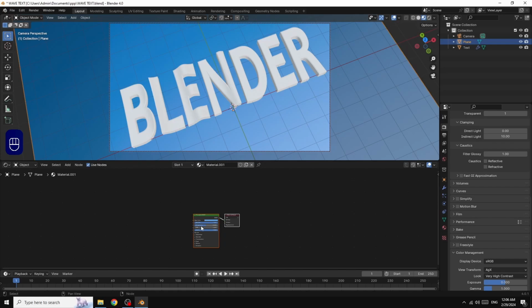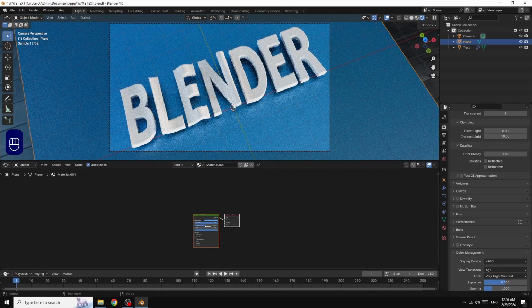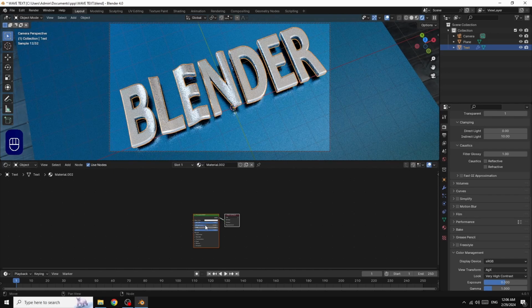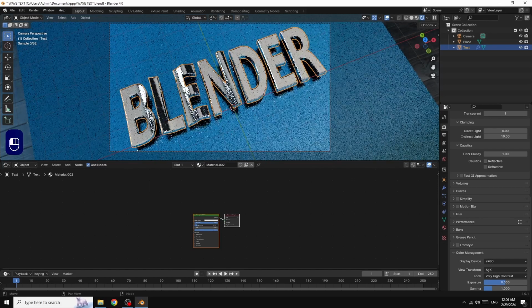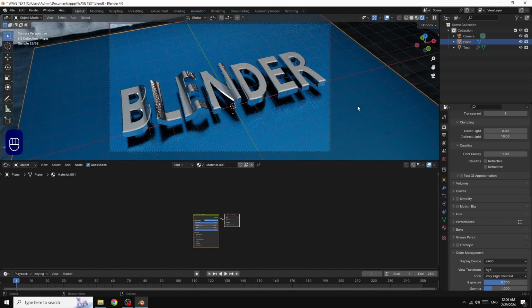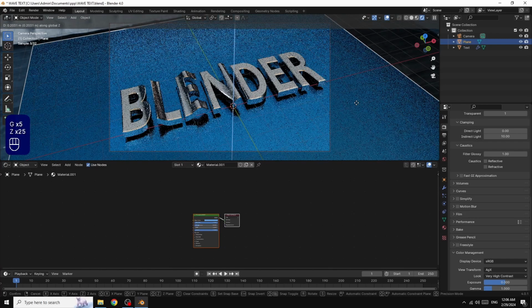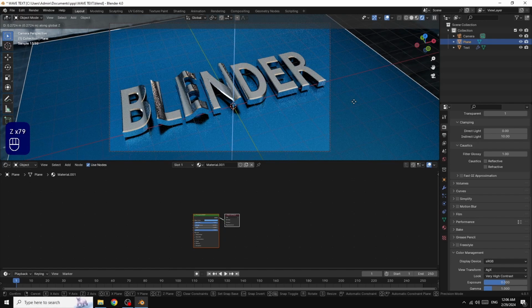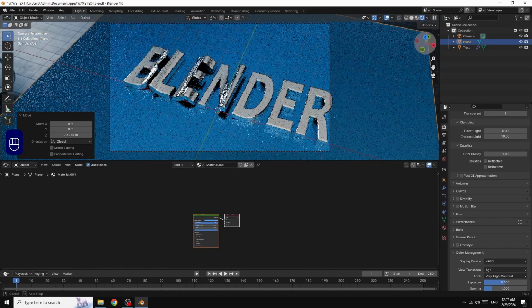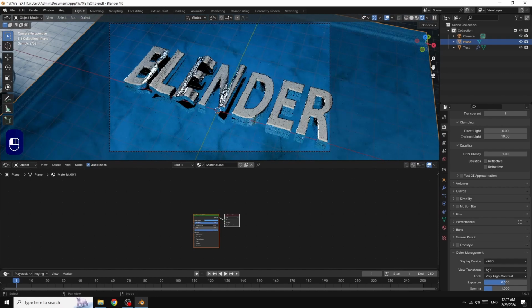We go here, the render, I select the text, make it metallic, I decrease the roughness, G Z for the plane, to make it closer to the text. We decrease the roughness,